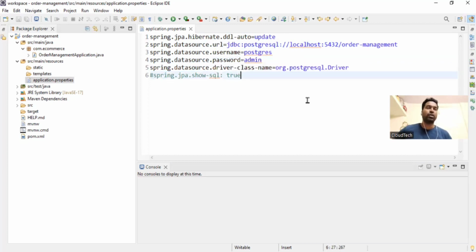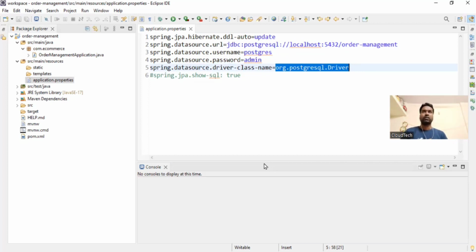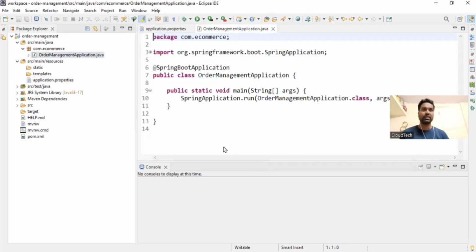So if your database is PostgreSQL, it is going to be org.postgresql.Driver. If it is MySQL, it is going to be something else. You have to see the documentation to get the class name. Now, once we did configure application properties, let's try to go to order management system and let's try to run